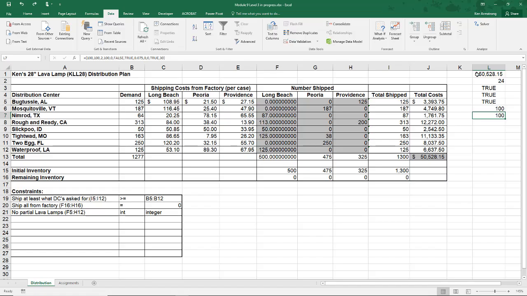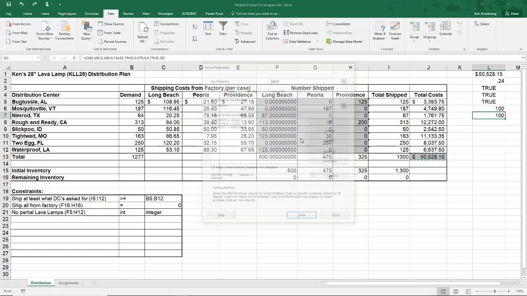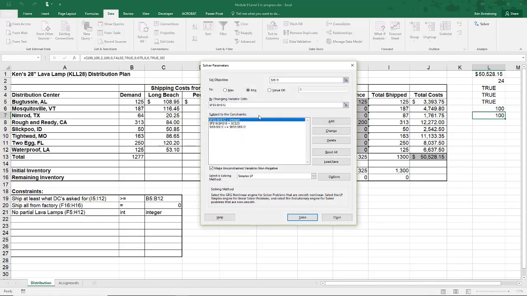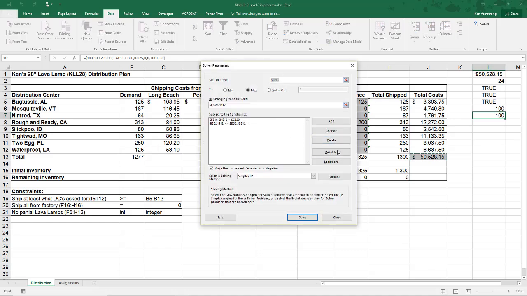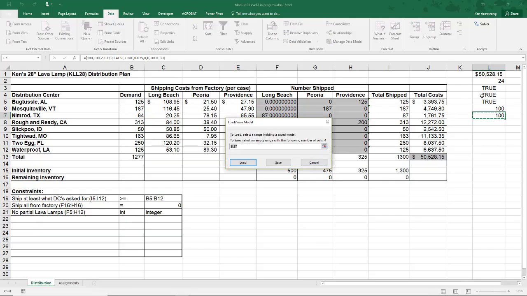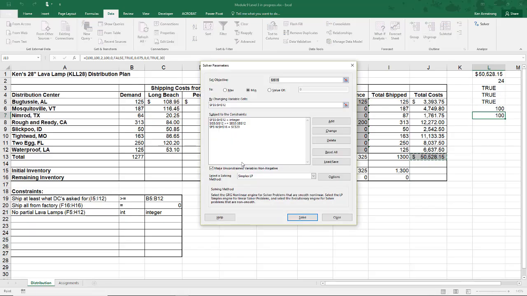If we open up Solver, we might want to experiment on the model by adding or deleting constraints, or even worse, we might click on the dreaded reset button and wipe everything out. If I do that, then our model is now completely empty. I can reload the saved models stored over here in these cells by clicking on the Load Save button. Next, I click on the Load button. To load an existing saved model, select the range of cells holding a saved model and click on the Load button. Ta-da! Everything's back.